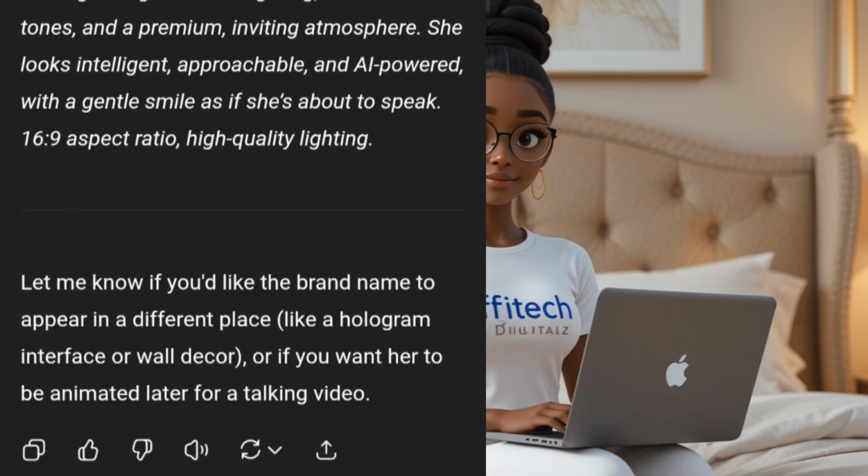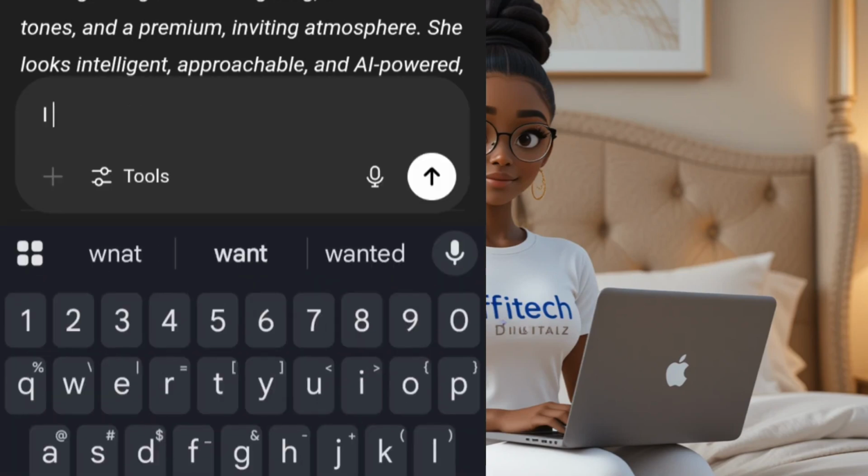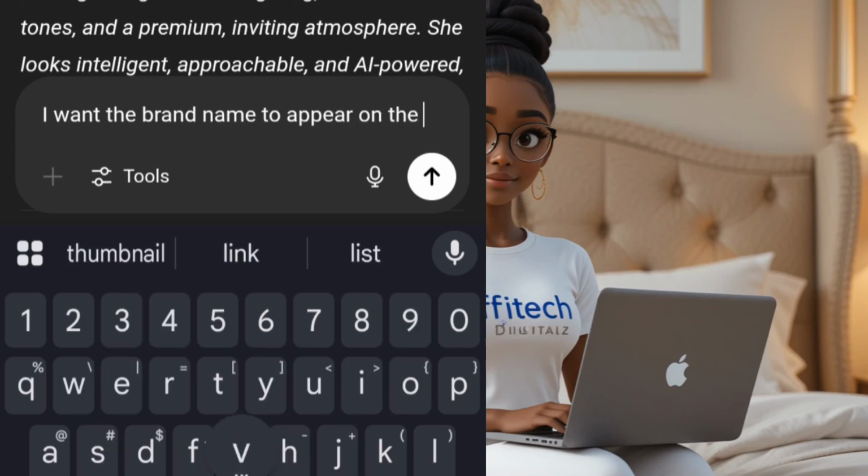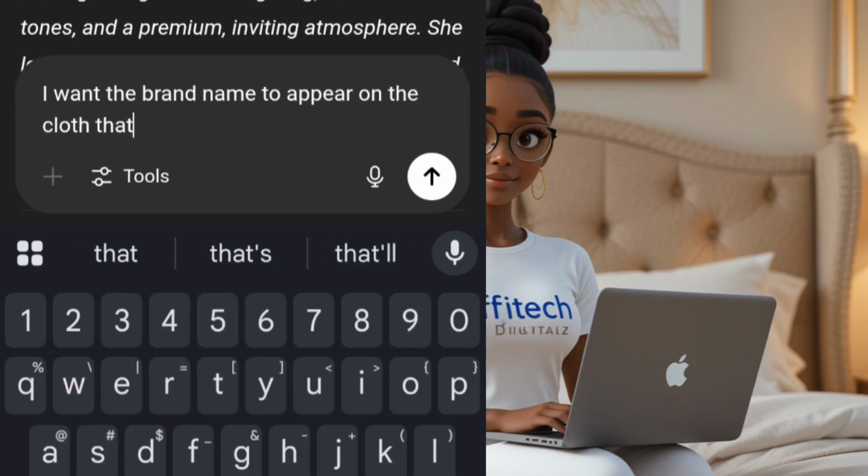Okay, so what I need is that I want the brand name to appear on the clothes that she wore.